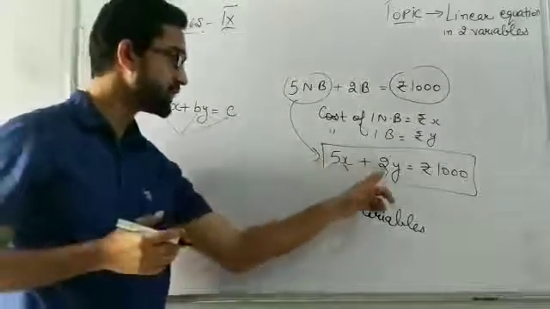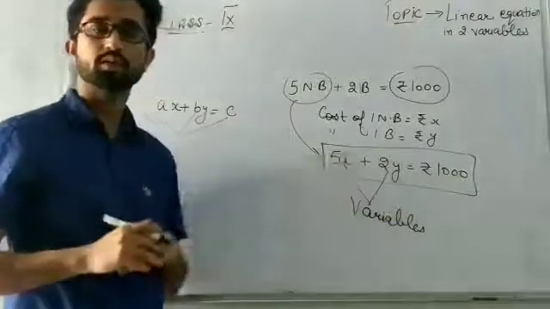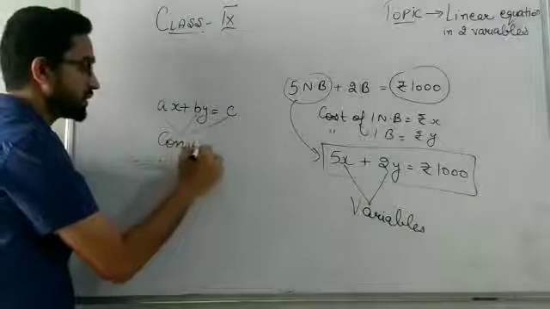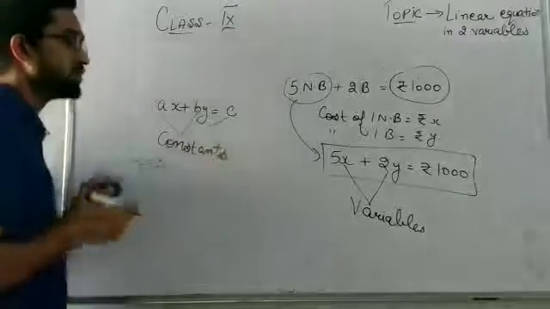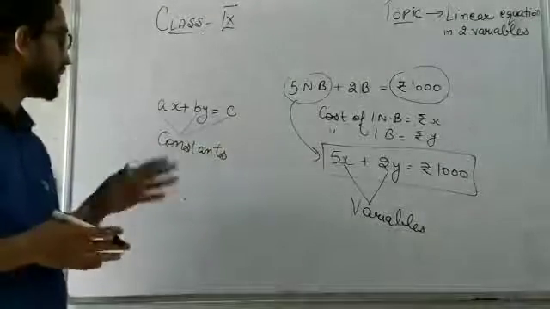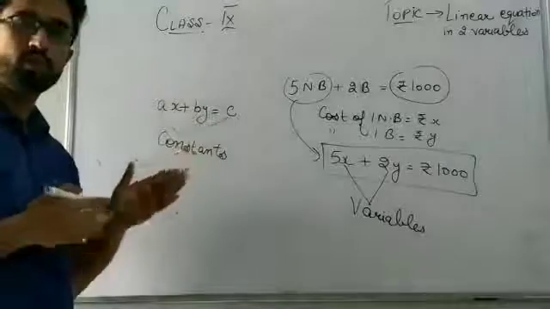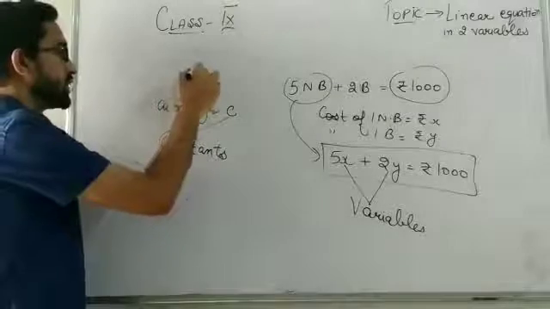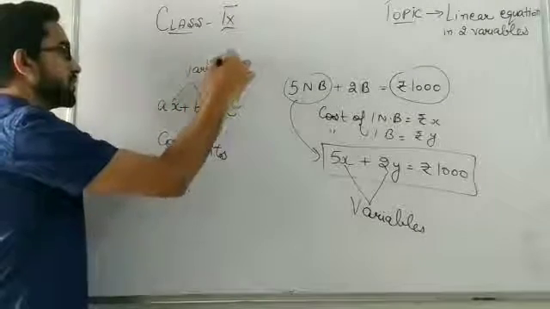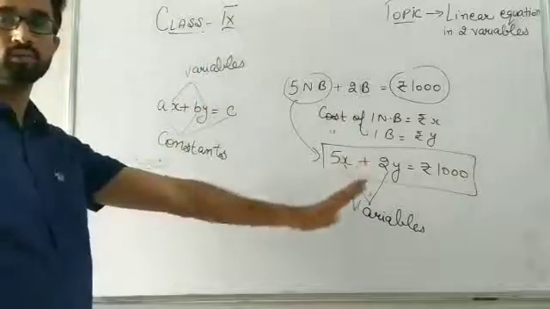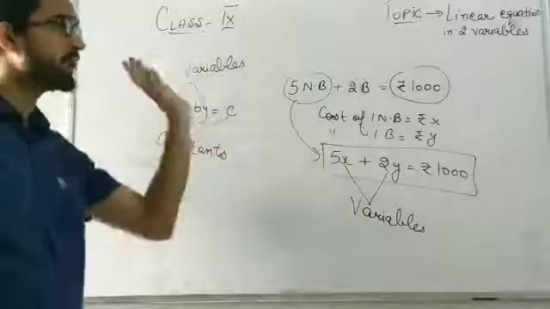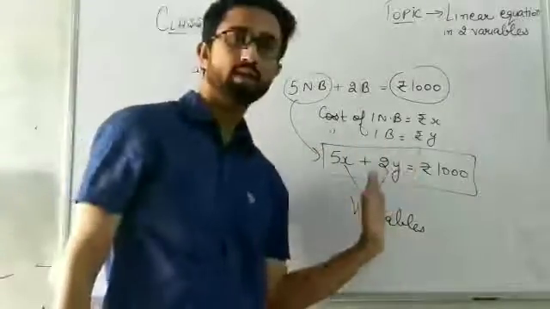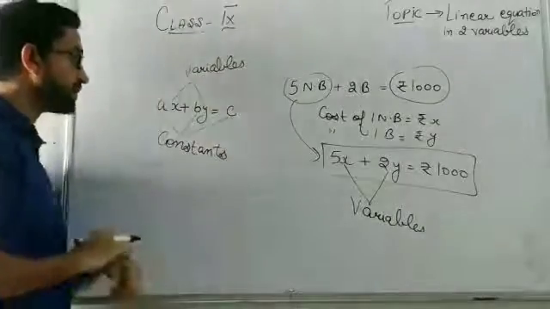You can see here 5 was there, 2 was there, 1000 was there. So A, B, C are our constants, nothing else, whose value can't be changed. These constants will be different in different linear equations. X and Y are going to be our variables, that we have already done. Okay, I hope up to this everything is clear. What is a linear equation, how we can generalize it, and why we are using these linear equations, we have done it through the example.